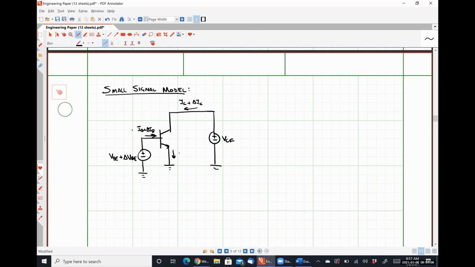And lastly, we're going to have IE plus delta IE. And the change in IE can obviously be encapsulated by simply adding the change in IB plus the change in IC, which we'll see in a little bit. All right,